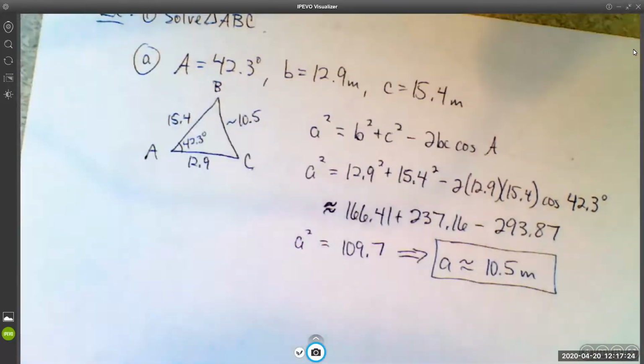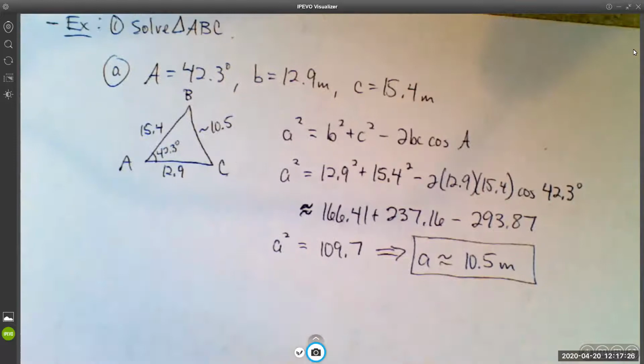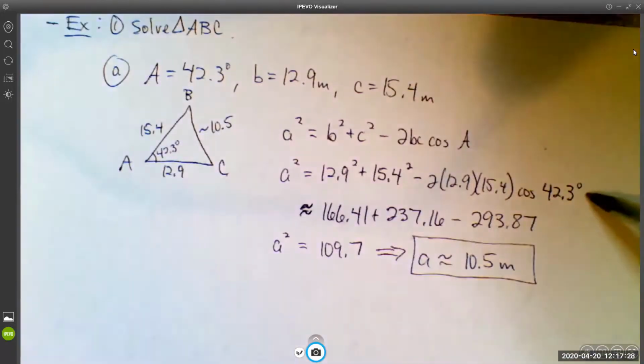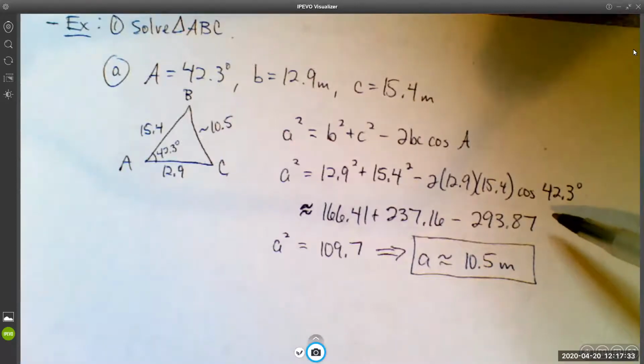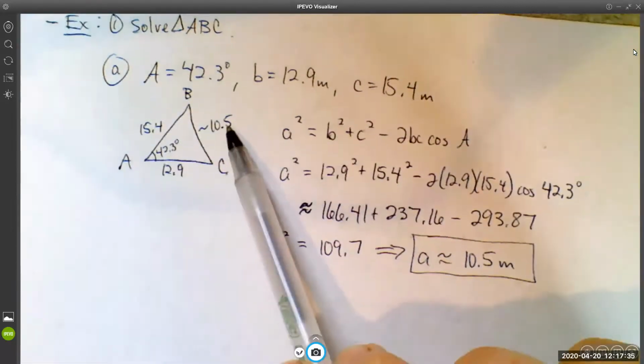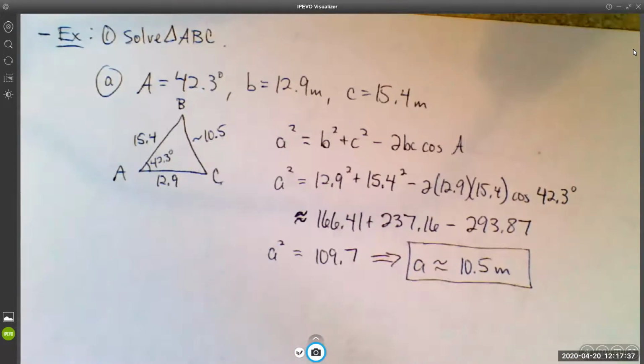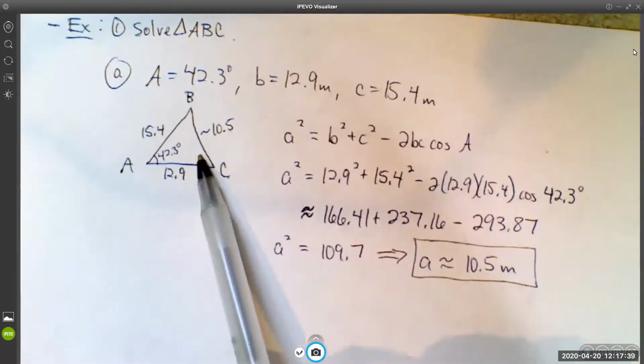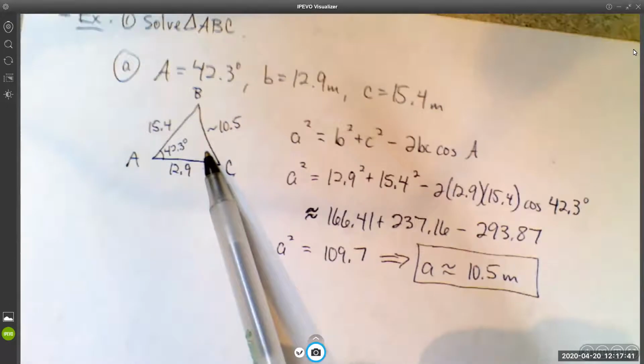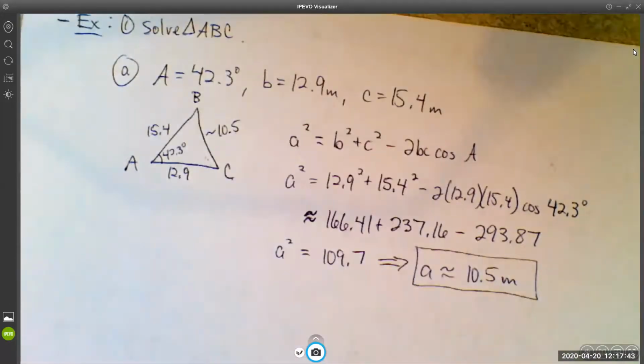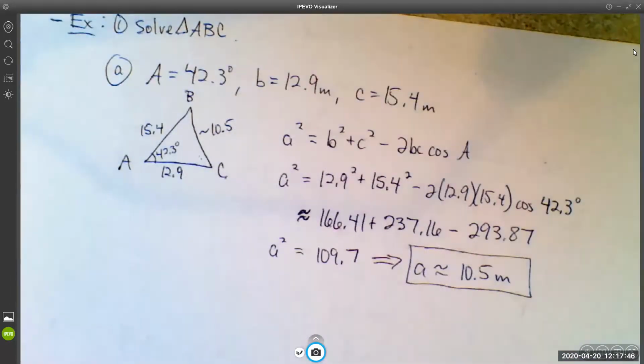Or you could use law of sines. I think law of sines is a little bit less cumbersome to work with. That's just a personal preference, I suppose. But since I know this other side, I'm going to use law of sines to get one of the missing angles. Once I have the second missing angle, I can get the third one just by subtracting the sum of the other 2 from 180, right? So